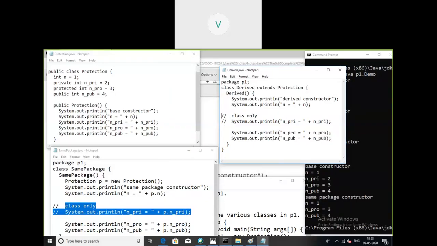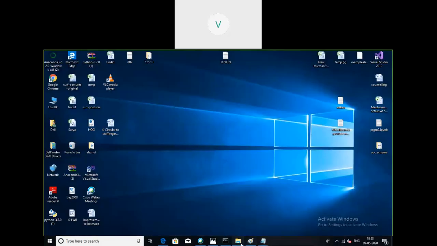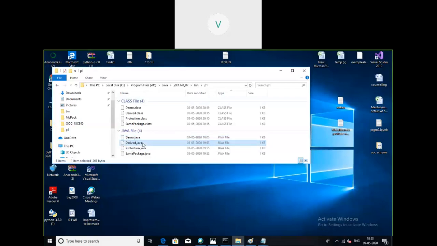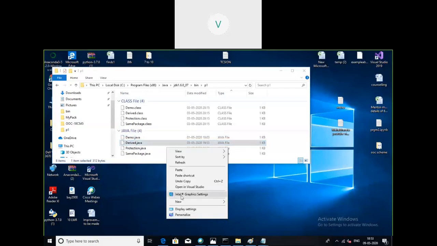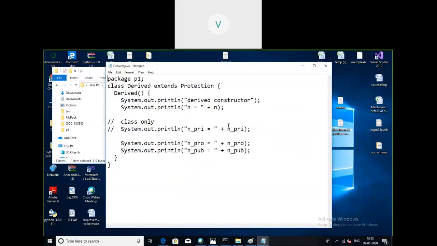That means in derived.java, I will remove the comment. I cannot edit in the C drive, so I am removing this comment elsewhere. Please concentrate. From the derived class, I am directly trying to access the private member. I have removed that comment now. Let us see what happens.